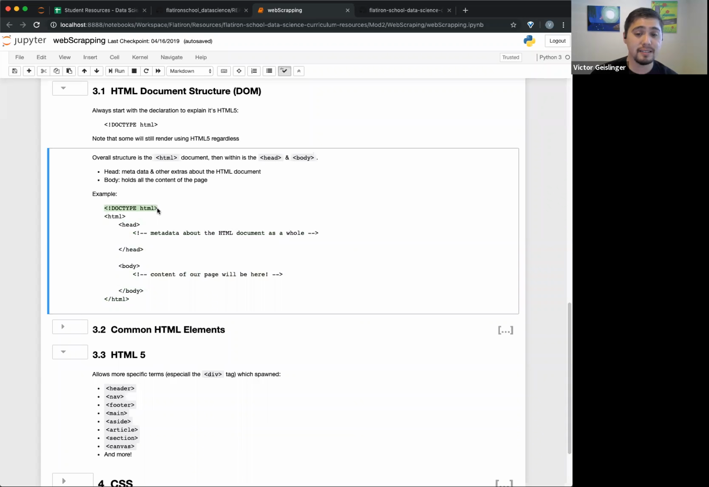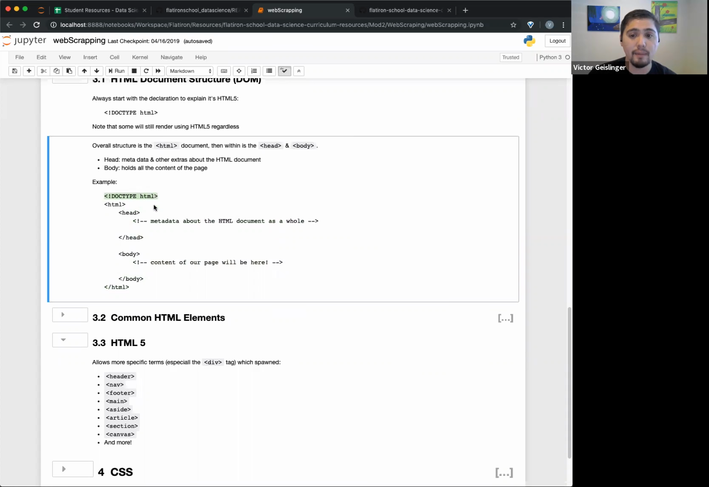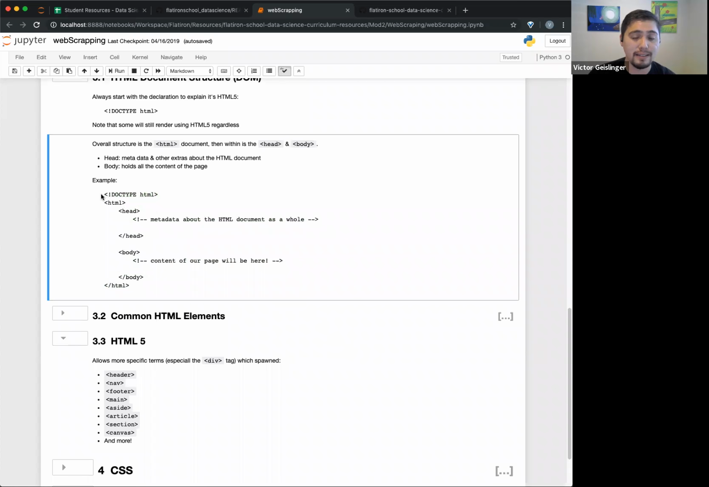The funny thing is this has never really changed, but it's there for backwards compatibility, where maybe in the future new standards will change this. But as of right now, this is pretty much the only thing you would put up there. So just know that you'll see this pretty frequently. And this also tells the browser to run HTML5, which is